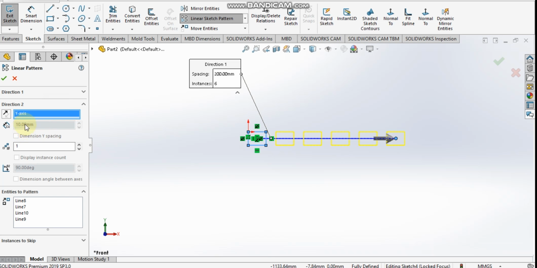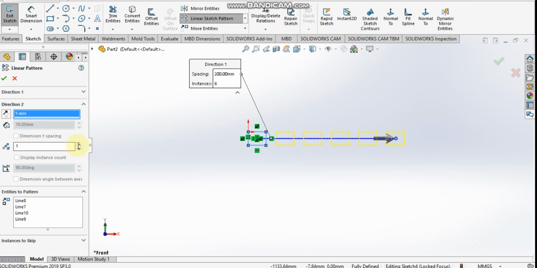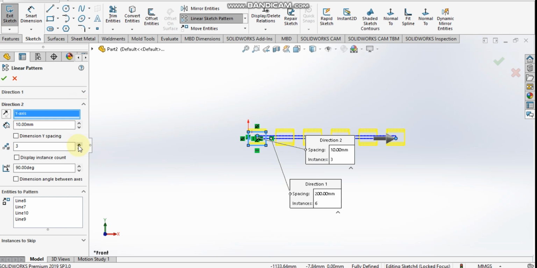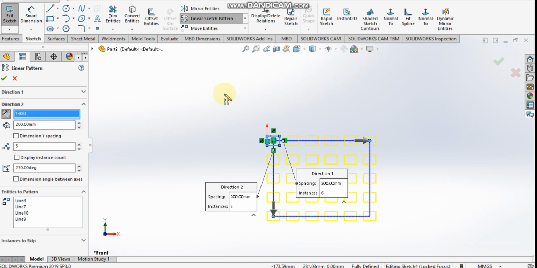Here we have to increase the number of instances. Suppose again that is equal to 5, and then the distance between two instances.